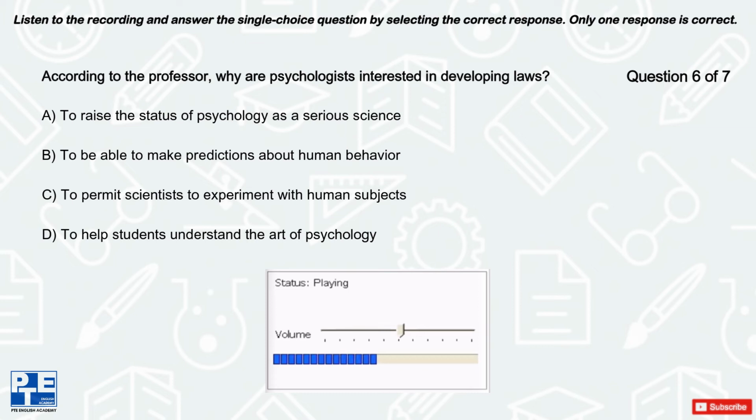The law of effect states that whether or not a person will repeat a behavior depends on the effect that behavior has. If an action is rewarded, it's likely to be repeated. If the action is not rewarded, or if it's punished, it's not likely to be repeated.